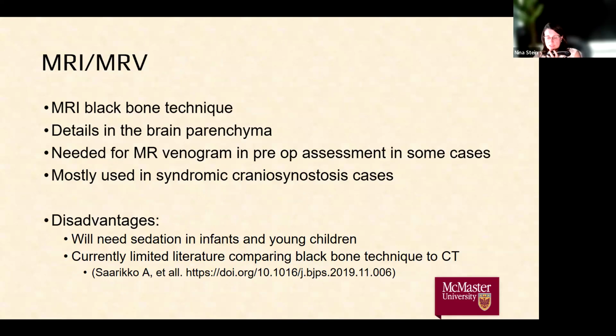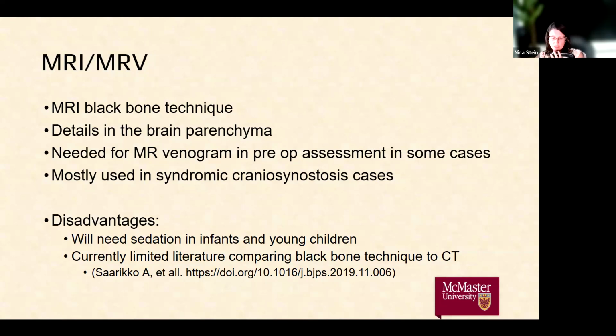MRI is trying to take off for assessment of bone skull. So there's a technique called the black bone technique that has been published in the literature trying to characterize sutures. The advantage of MRI, and what we currently use it for, is to assess the brain parenchyma and also the anatomy of the veins, because these cases, especially the syndromic craniosynostosis, can have venous anomalies associated with the skull deformities. And it's important for the surgeon to learn and understand the anatomy before they start their